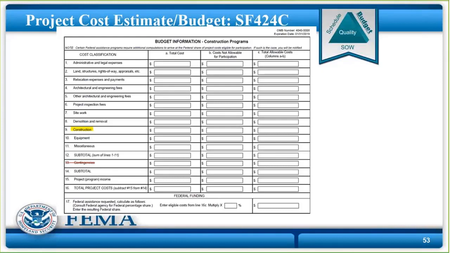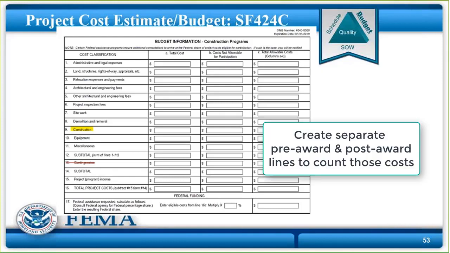Okay, but in e-grants, you will have pre-award architectural and engineering fees and post-award architectural and engineering fees. Two separate cost line items. You have to put that pre-award in and identify it as pre-award. And then if it's the same as another cost line item, then you put in that other cost line item